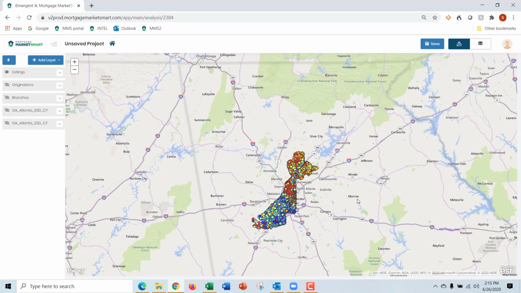So you can see these are all the listings, and in fact this is a little overwhelming. I don't want to see all the listings. I want to filter these just a bit before I start looking at them. So I just simply go to the listings layer, the downward arrow, and view data,